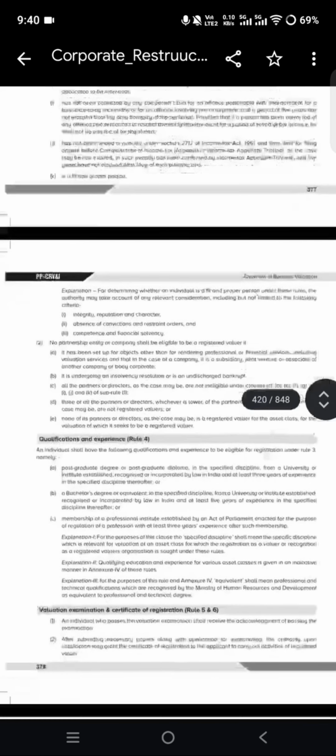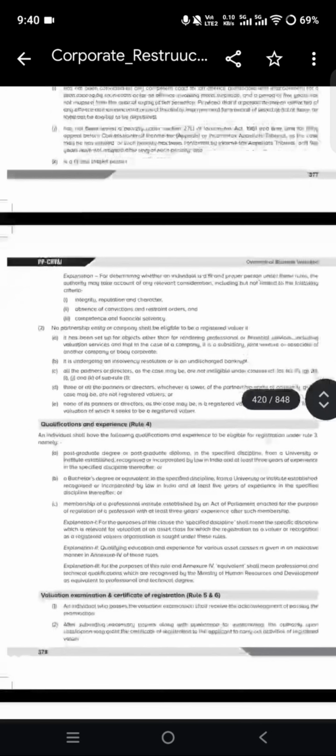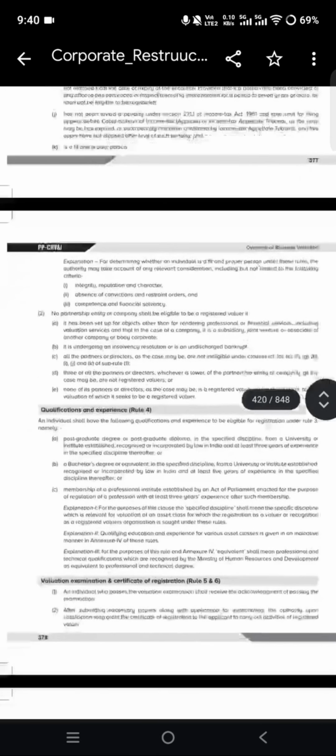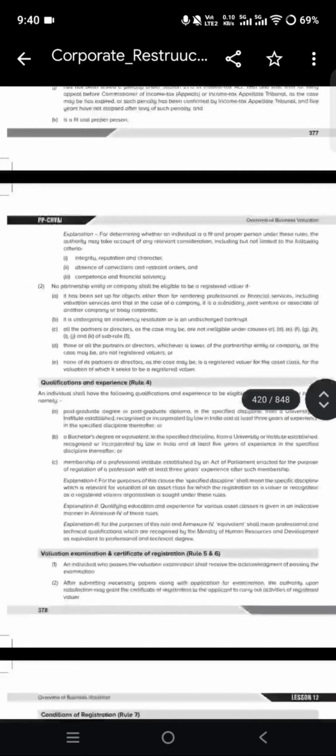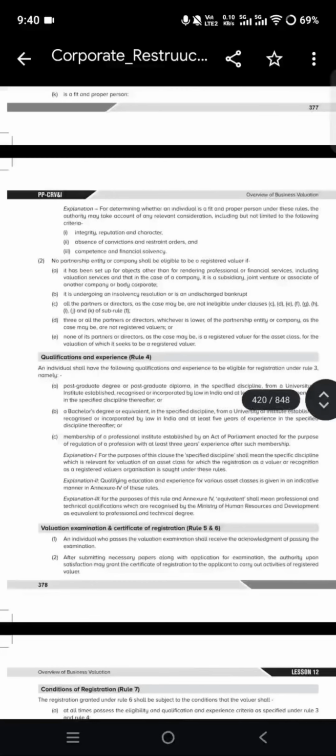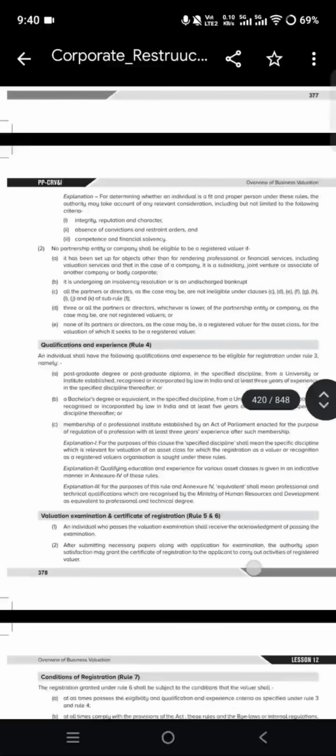He is a fit and proper person. The authority may take account of any relevant consideration, including but not limited to integrity, reputation, character, absence of convictions, competence, and financial solvency. No partnership entity or company shall be eligible to be a registered valuer